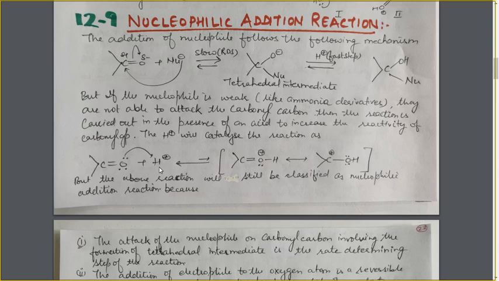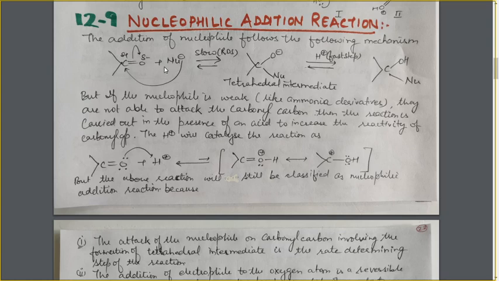The H positive which is supplied by the acidic medium will protonate the oxygen atom, making it positively charged. As a result, the oxygen becomes more electron deficient and will withdraw more electron density from this carbon atom. And this structure will also be responsible for the electron deficiency on this carbon atom. As a result, the electron deficiency on this carbon is increased greatly, and a weak nucleophile like the ammonia derivative can easily attack. Why am I saying these ammonia derivatives are weak nucleophiles?